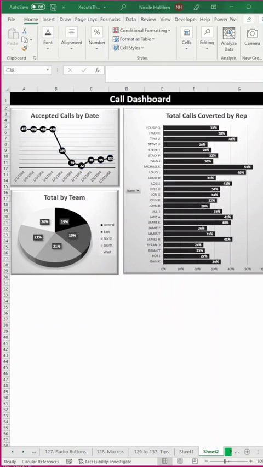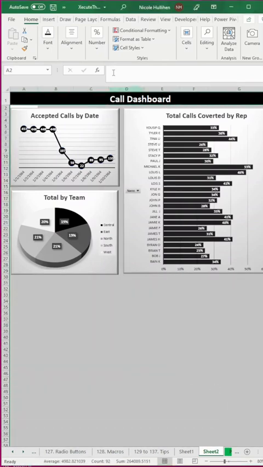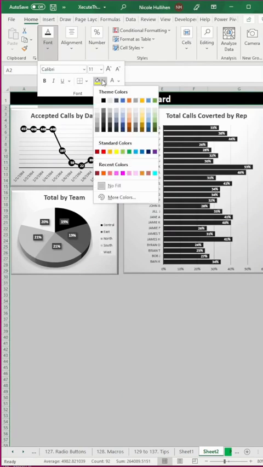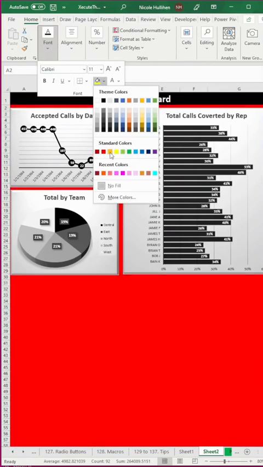Now, one last step you could do is you can click in the background and drag all the way down and over, and you can change the background to any color that would make sense for you. We'll just